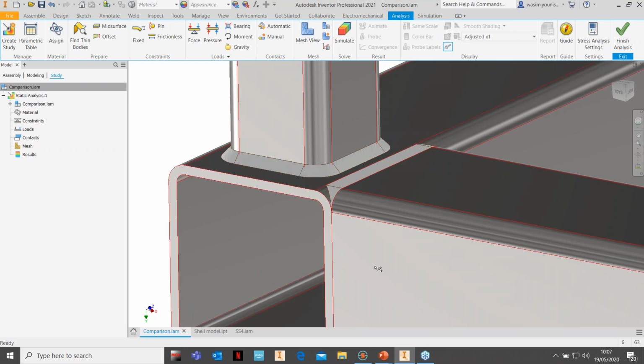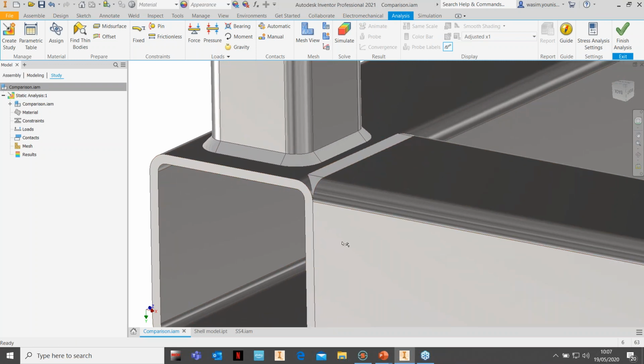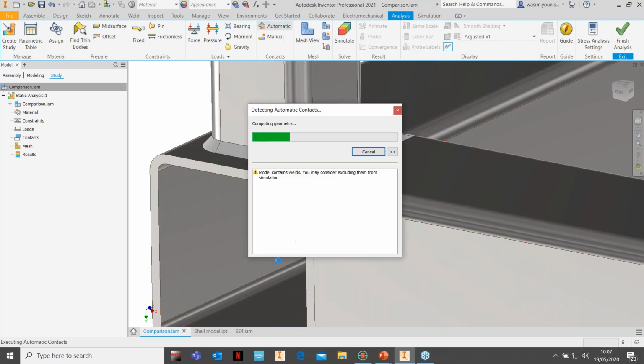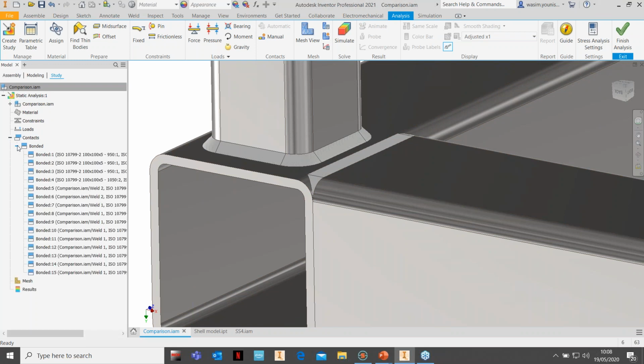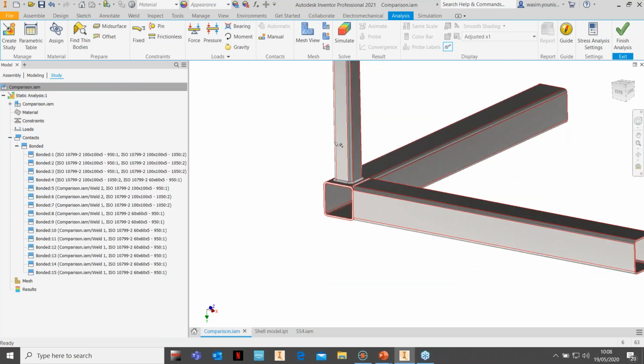So if you want to include welds, then Inventor is probably your best choice based on the options. Now if I just go here and click on the automatic button, even you get a warning from the solver saying that we recommend not to include welds in the analysis. But if we ignore that message, you can see for a simple shape like this with 3 channels, box sections,